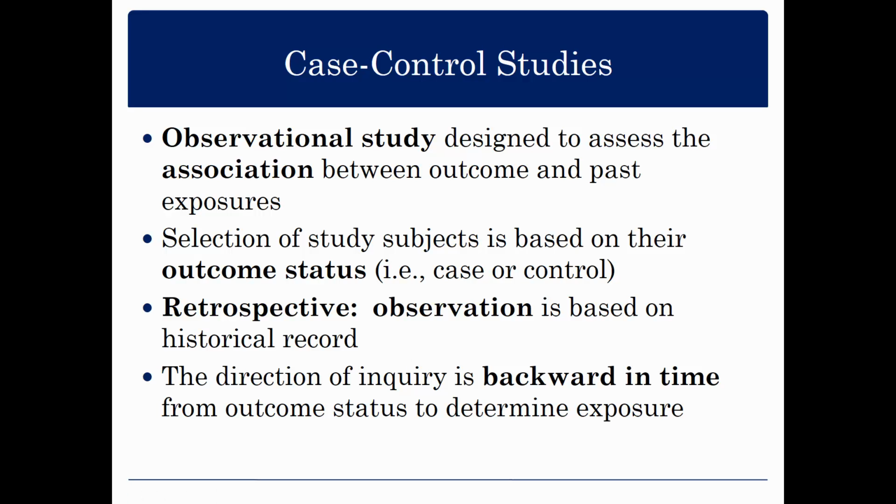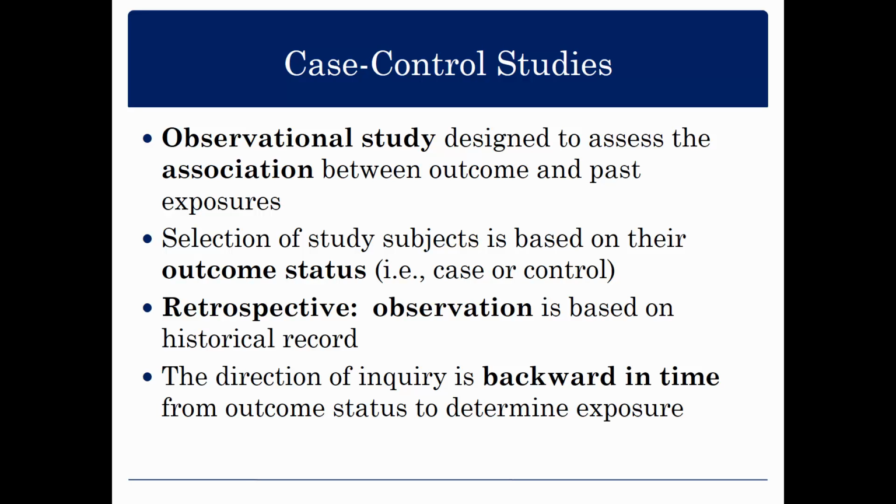Case control studies, that's one step up on the pyramid because now we have a temporal relationship, so it can be considered longitudinal. Case control studies are observational, though, by design. They assess association between an outcome and a past exposure. So you define your population based on outcome status. In other words, I have a population, some of them are cases, they have the disease, some of them are controls, they're healthy. Hopefully you can select your controls in a way that they're very similar to your cases in all other respects. That's one way that we can have a protection